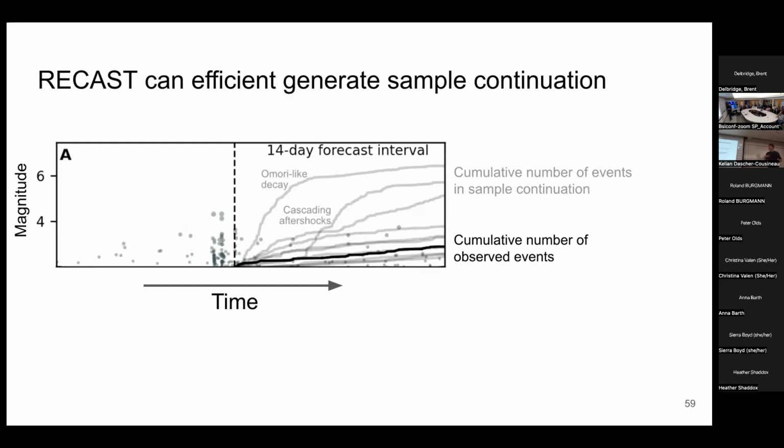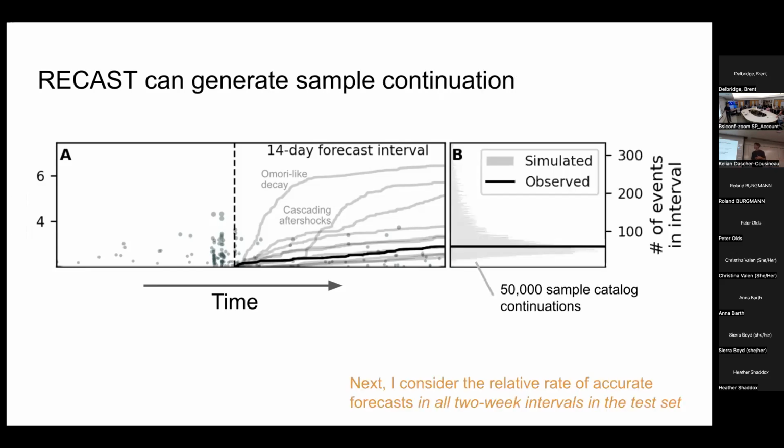And for someone like me that spends a lot of time looking at earthquake catalogs, I think this is already really cool in that we see that some of the simulations have these large bursts in seismicity, for example, simulating cascades of aftershocks, but that the vast majority of outcomes are actually quite close to the observed outcome. So the observed outcome is really close to the modal outcome if we do a lot of these simulations. So here we do 50,000 catalog continuations, and we now have this objective way to say, is this a good forecast or a bad forecast by essentially just saying how many times was it exactly correct. So the rate of exactly correct forecast will be how we say this was a good forecast.